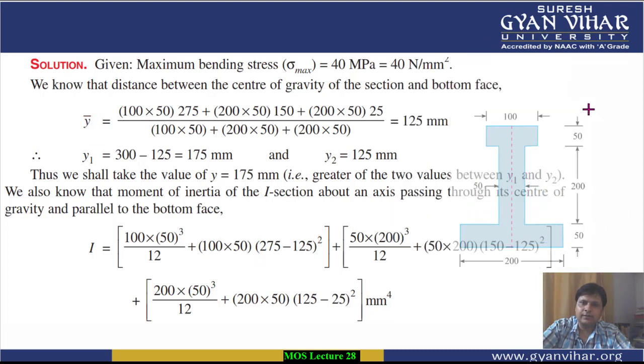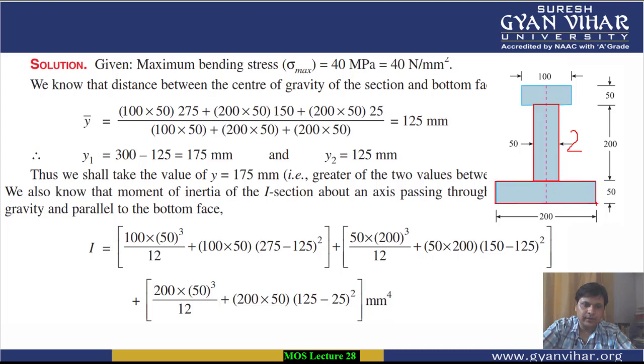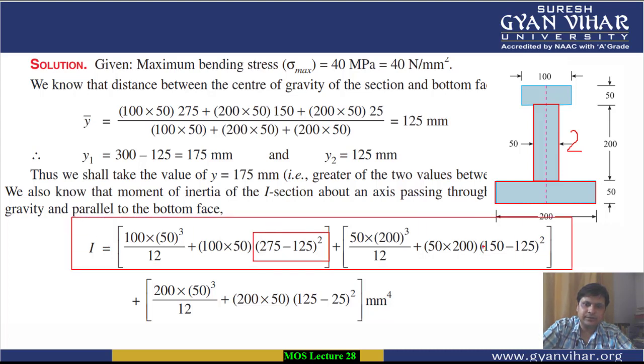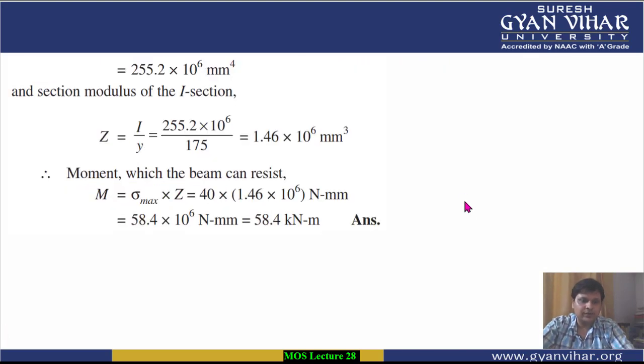Again, in the same manner, you can calculate for the others, meaning section 2 and section 3. For section 2 also the same thing, and for section 3 also the same thing can be done. So if you calculate in this way, this is your h, the distance between the neutral axis and the center of gravity of that particular portion. You will get the moment of inertia. After the calculation of moment of inertia, you will have to calculate the section modulus.